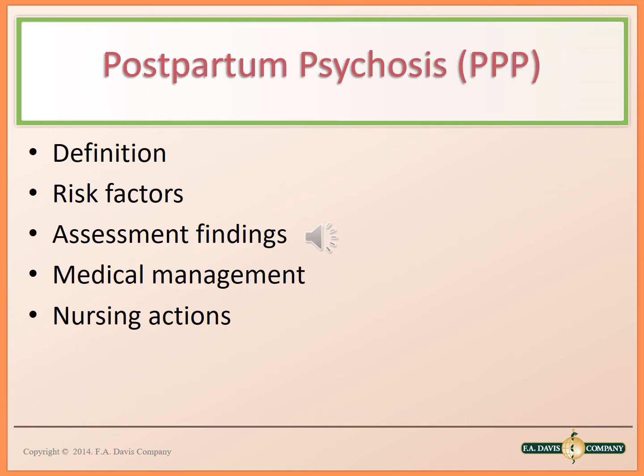So postpartum psychosis is a major psychiatric complication, and they even consider it a variant of bipolar, the most serious form of postpartum mood disorders. It is rare, it happens to 1 to 2 women per 1,000 births, and it does require immediate hospitalization and evaluation. The risk factors are women with known bipolar disorder or personality disorder. And then assessment findings, you'll find, oh boy, they'll be withdrawn, depressed, hostile, mood swings, extreme agitation, suspiciousness, confused thinking,